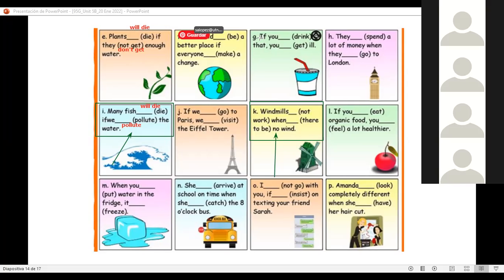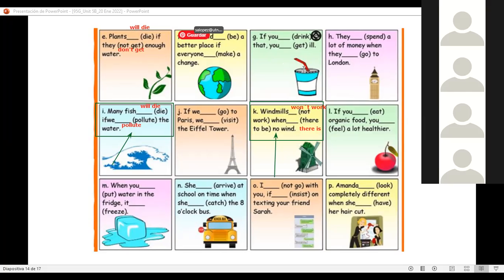Windmills don't work when there is no wind. When there isn't wind. When there is no wind, exactly. So windmills won't work, no funcionarán. ¿Sí? Los molinos de viento no funcionarán o no funcionan, don't work would be.